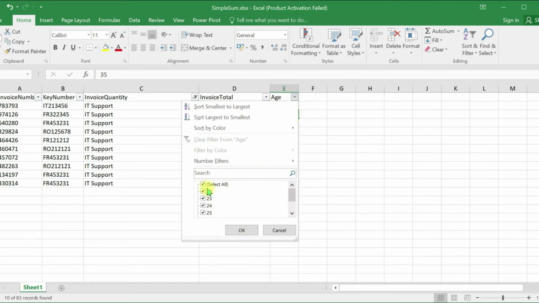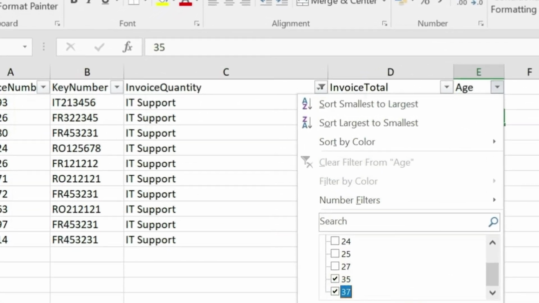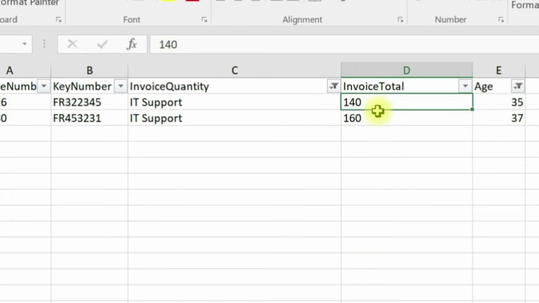Just use another filter, age must be greater than 34. That means we have two values, and the total invoice total of those two rows is 300. Now I want to filter data like this and get this 300 result.